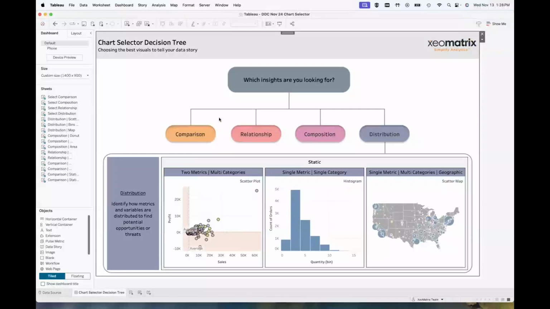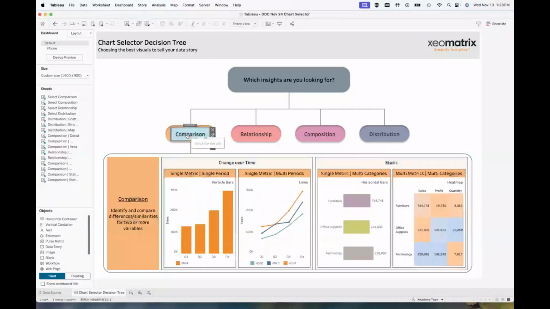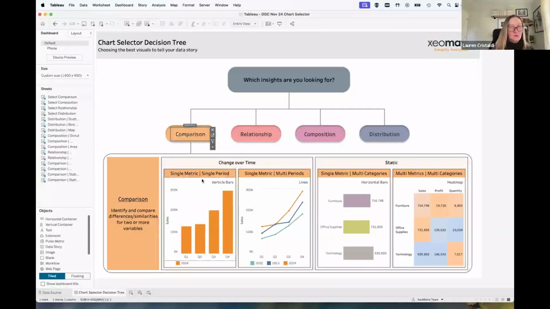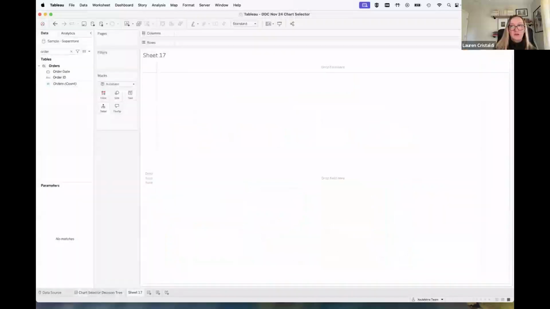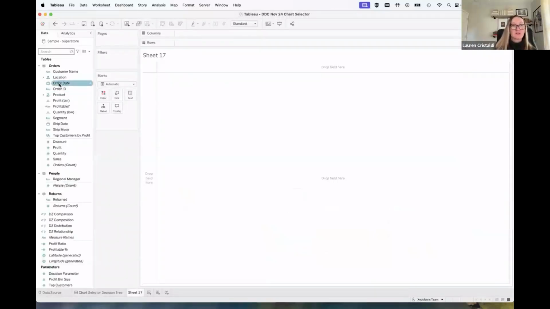Yeah. Now let's build some stuff out. Let's see how this is all made. So we can start with the easy ones. The vertical bars. So here, you can either go to Show Me and it'll make all this for you. I do think it's better to do it yourself sometimes, just so that you get that muscle memory.